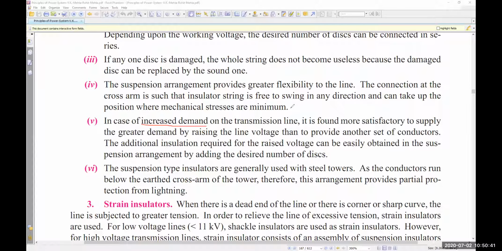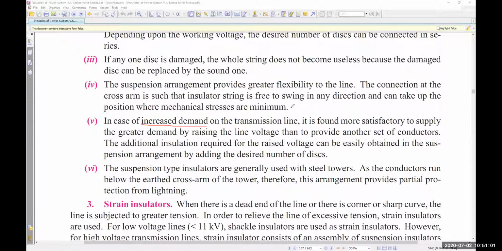Number one, you increase the number of transmission lines. Now you have 3 transmission lines. You can make 4 transmission lines or 6 transmission lines. You can double the transmission line, right? Obviously, if you need more power, you can double the transmission line. That means more power will come.